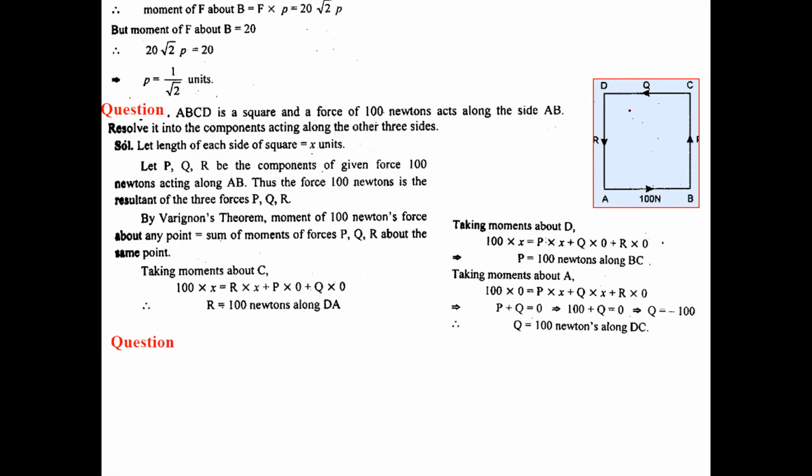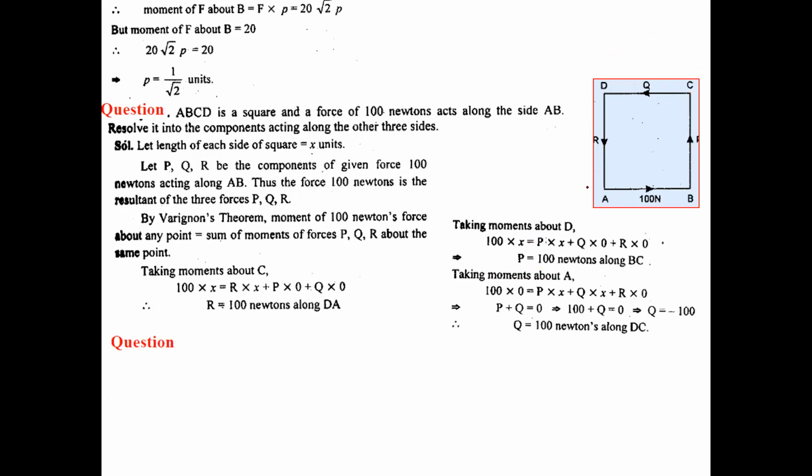Similarly for P, if we check, the perpendicular is drawn on P, so its length is also x, and P is in the upward direction. If we check it, P will come with a negative sign, so I am making it correct here. So this will be minus P into x. Minus P into x because the least distance was here, and this direction is, sorry, positive. This direction is anti-clockwise, not negative. This is positive. This is again anti-clock. So plus P into x, and Q and R will be 0 because both are passing through D. So from this the value of P comes 100 newtons.